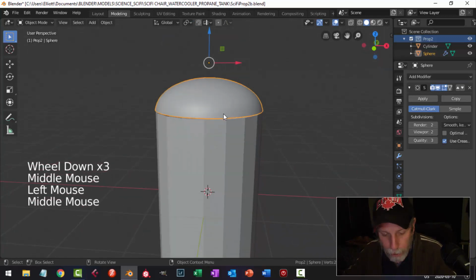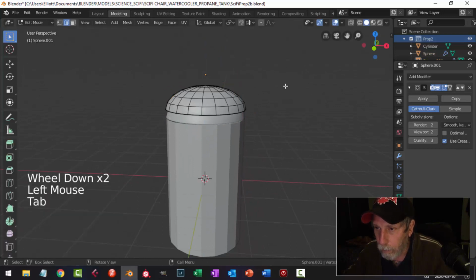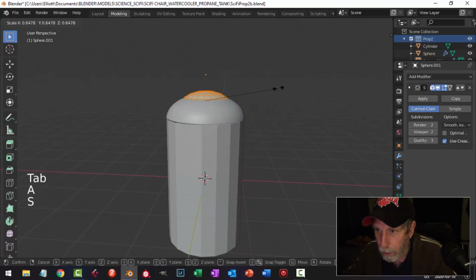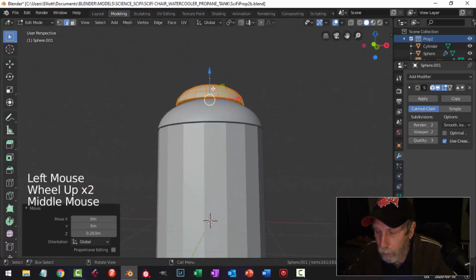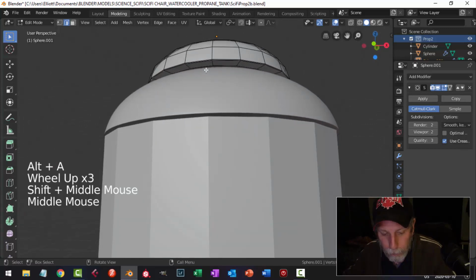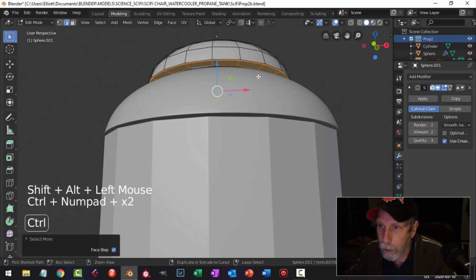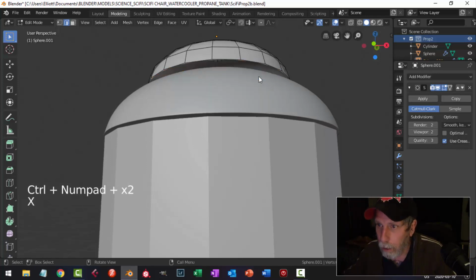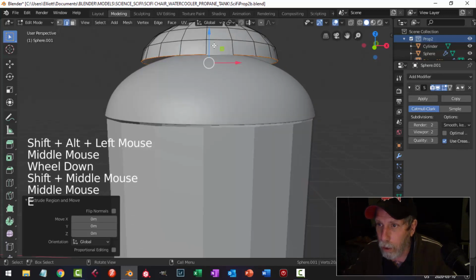Let's take this again and shift D, and we're going to bring it up. But we're going to scale it down like this. And let's see what I want to do with this. Now I'm going to get rid of some stuff. I'm going to shift alt to click that edge and come up a bit to there maybe. Get rid of those. We'll take this and we'll extrude down